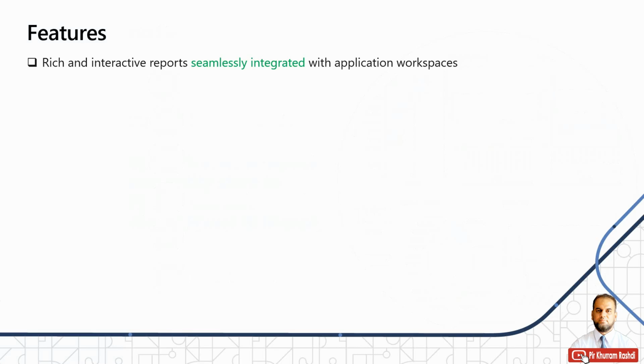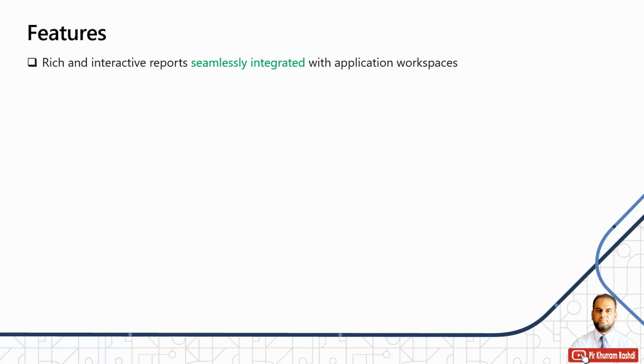It is seamlessly integrated in the same application which you will be using within F&O. If you have a supply chain license or a finance license, within those modules you will see application workspaces. So you don't need to switch to powerbi.com for the dashboards or any other place. You will have the same